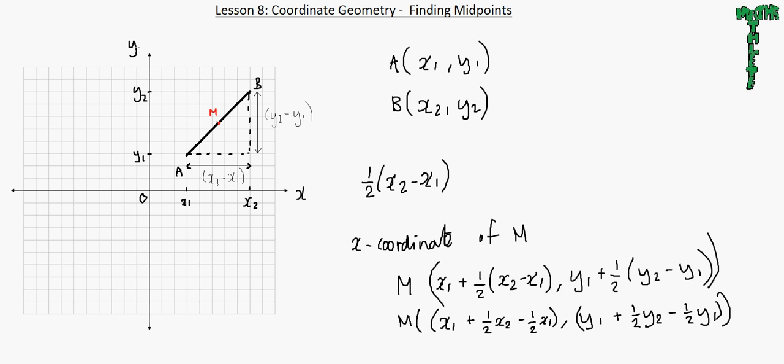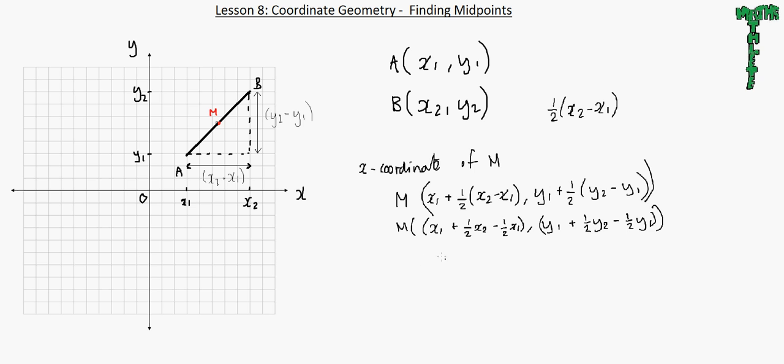So now if we simplify this further, we'll have M, and we'll have a half x1. It's like having a whole, you have 1 minus a half, so you end up with a half again, which is exactly what we're doing here. You have a whole, which is x1, minus half of x1, which is half x1,